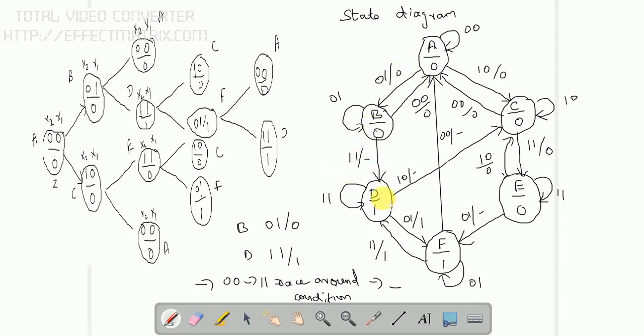B to D we have, so from 0 1 to 1 1, so I have written 1 1 here, and the output changes from 0 to 1, so there are 2 bit changes, so I am writing dash. Similarly for this case, this case, and this case also. So the state diagram is a very important step, and we can proceed to the next step, the primitive flow table.